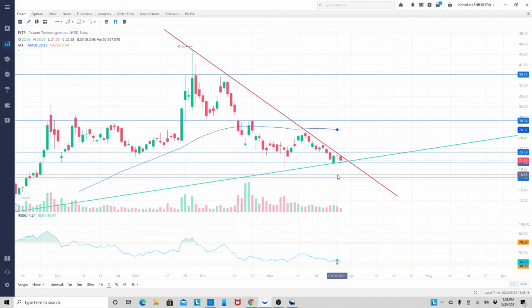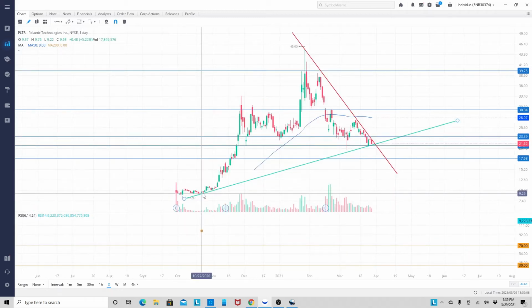So one thing I wanted to point out on this chart is I have my downtrend marked out in red here, and I marked out my trend line for the uptrend right here in green. Since it was released, it's been on this uptrend going up. So which trend is it going to follow? Well, these trends are about to cross right here in the next couple days. So this is going to be a very big point coming up. As you can see, they're going to cross